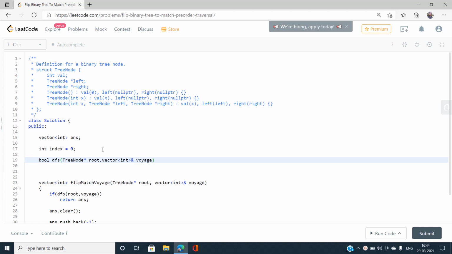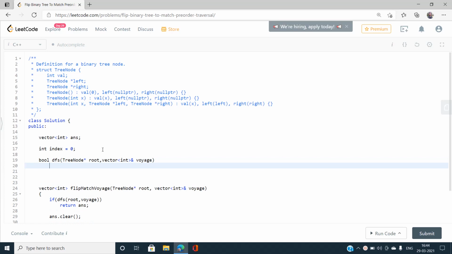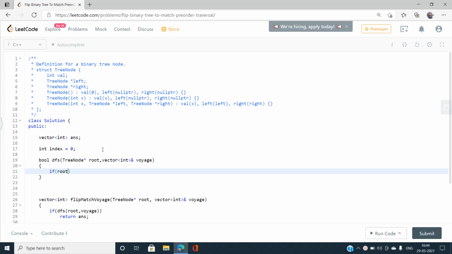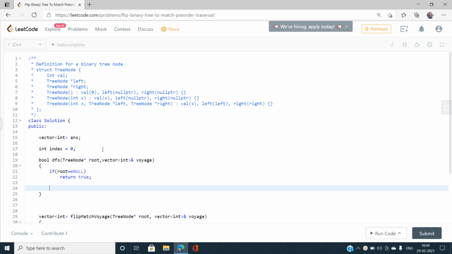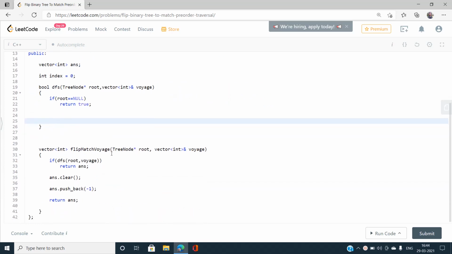Okay, so this is fine. If my root node is null, just return true. And what if my current node value does not match the current desired value of the desired pre-order traversal vector?